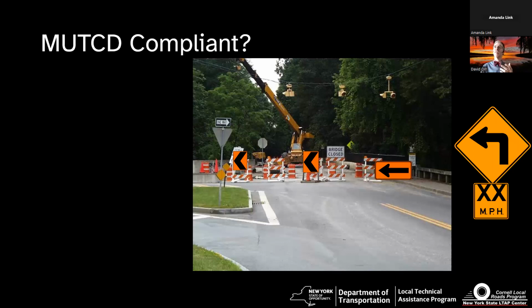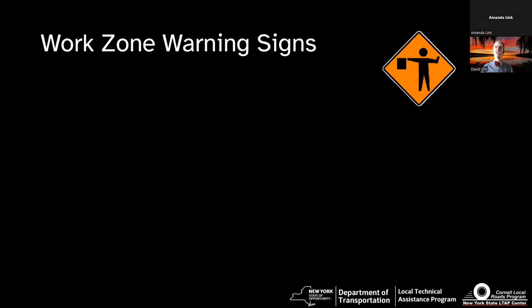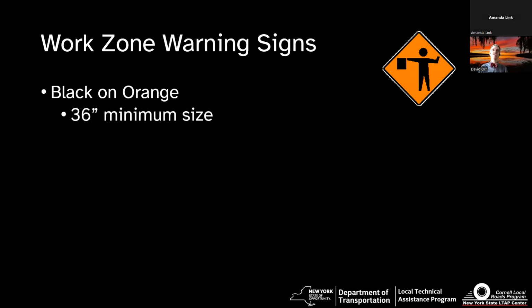Give people good information. The same standards are true for work zones as they are for any other traffic control device. And in terms of work zone warning signs, yeah, they're supposed to be black on orange. With a few exceptions, especially the diamonds, generally they're going to be 36 inches in size. Bigger is better. That's why we have pretty big signs. We don't want them too small, and we want them at least a foot off the ground. Okay, so they don't get buried, they don't get lost, they're easier to see.